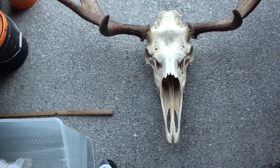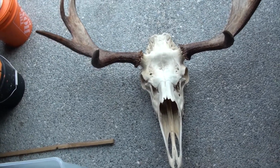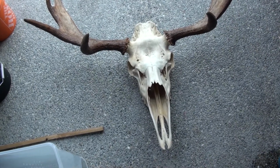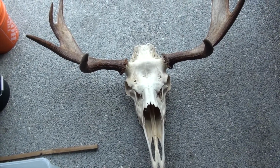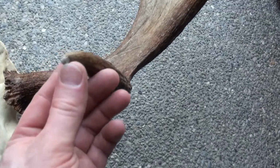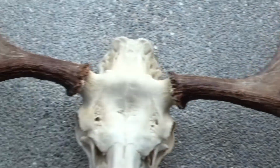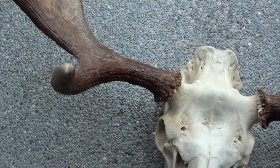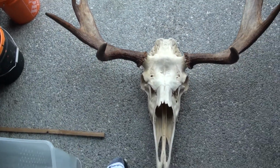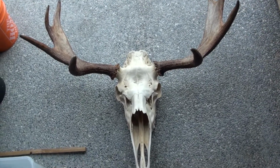It doesn't take very long to actually whiten up the stuff a fair amount, and once the color's kind of evened out, I'll rinse it off again. After that, it'll just be doing a couple touch-ups on the antlers. If you can see here, it's this end point. It's from grinding in the shed or whatever. Some of these tips were rubbed a little bit, but I'll show you how I even that out. We'll put some stuff on the antlers to seal them, and then